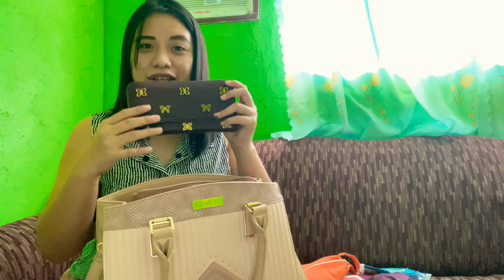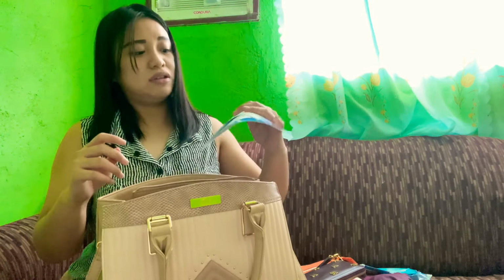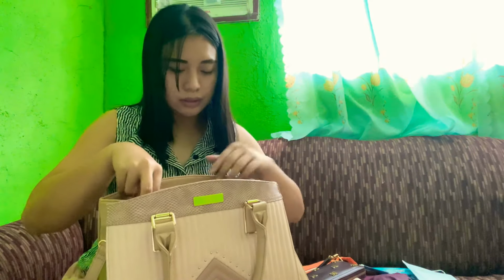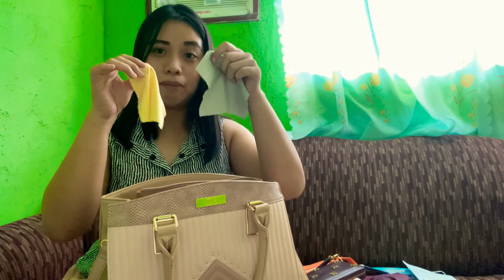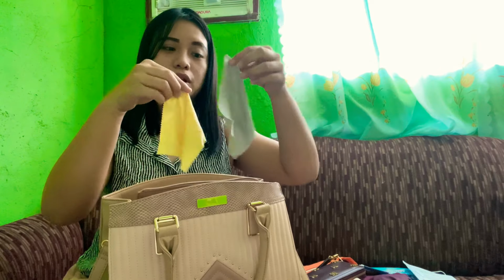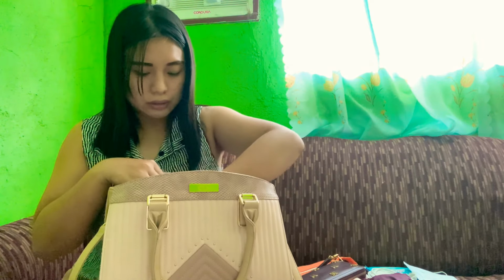Then, syempre, wallet. This is a great gift. And another, wala na. It's paper lang. And then, on the inside, the paper again. Cleaning wipes for phone, glasses. Nasa packet siya ng ganyan. Tapos charger, earphones,